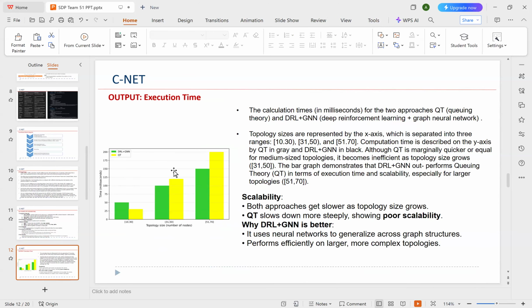So we can see that this is the output execution time. It is eventually increasing, time in milliseconds, with respect to the topology sizes and the number of nodes. This is the QT model, a traditional technique which is being used, and this is our model, the DRL plus GNN model, in green color. We can see that for the initial 10 to 30 nodes, in the traditional algorithm the time in milliseconds is around 0 to